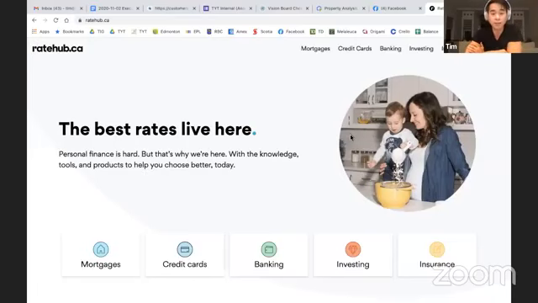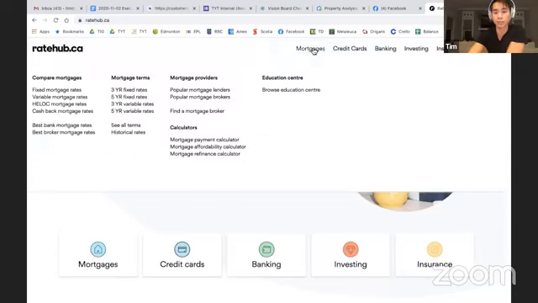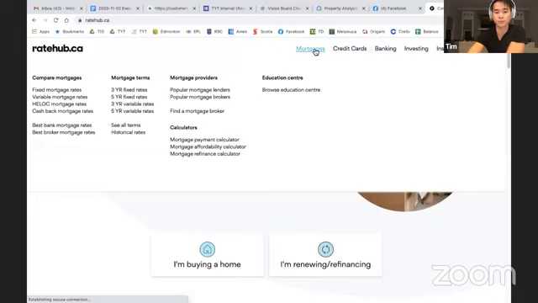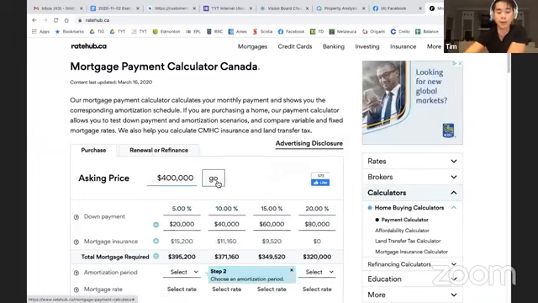Okay, let's do this. So this is ratehub.ca, as I wrote down for every one of you. So what you want to do now is hover over the mortgages section, and then you're gonna see a drop down here, and what you want to do is go to calculators and click on mortgage payment calculator. So once you get there, we can punch in the $400,000 purchase price right now,